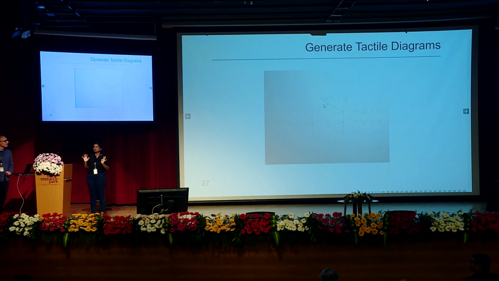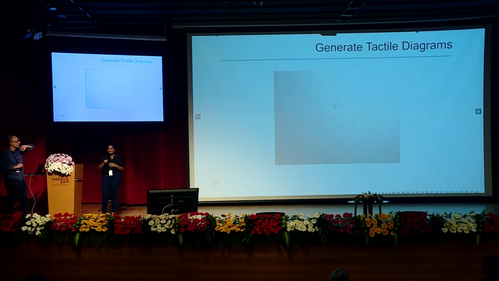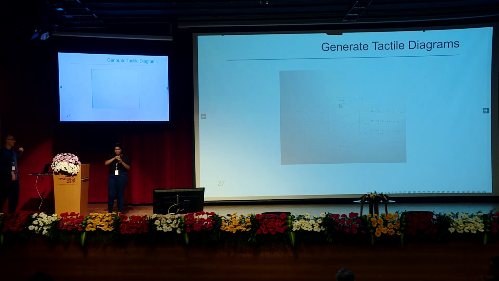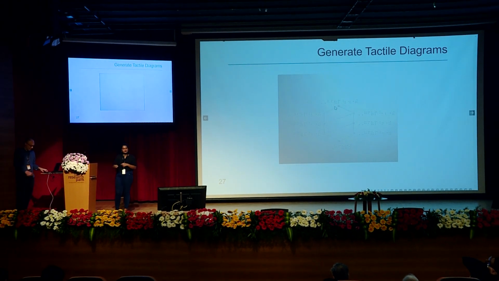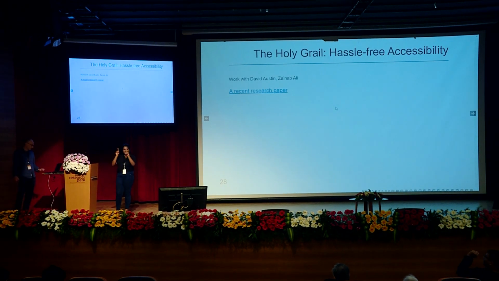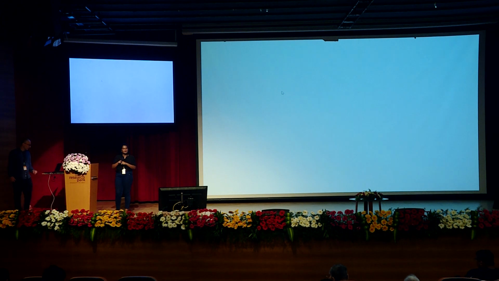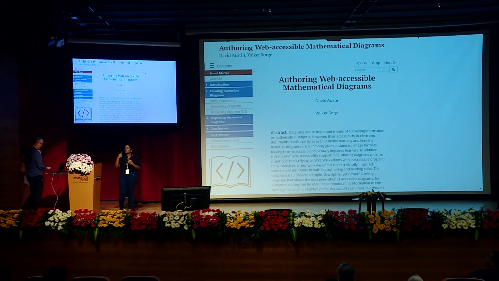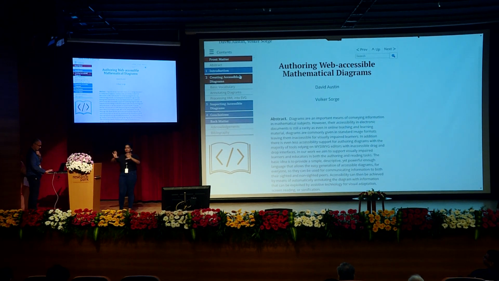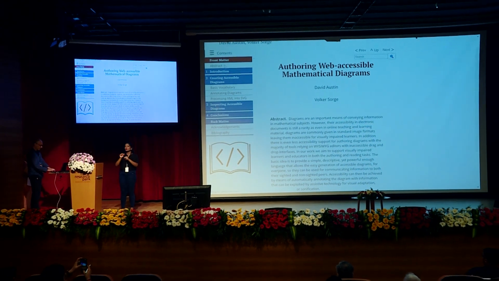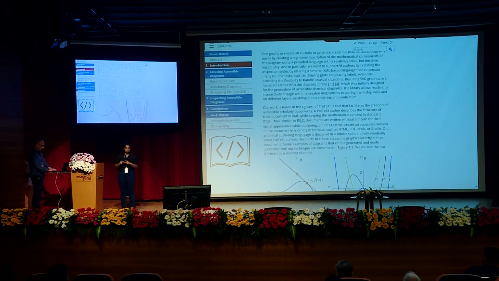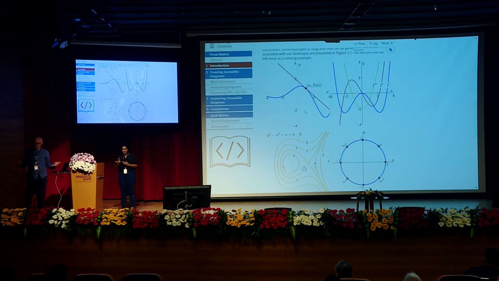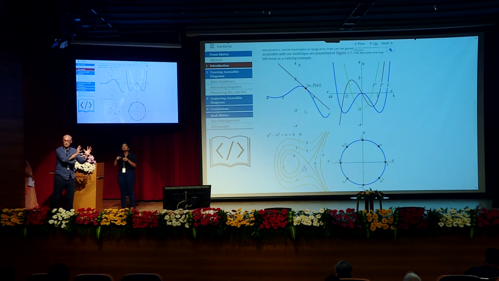Here's an idea of how one of those tactile diagrams actually looks. That's from an abstract algebra book, and can be generated out of the box from this format. And finally, to really get into the holy grail, here's a research paper that David Austin and I wrote for one of the conferences where we actually published about that stuff. And just to show you that we're really eating our own dog food, that research paper contains graphics, of course, because you want to show off. These are the kind of graphics that we can deal with.